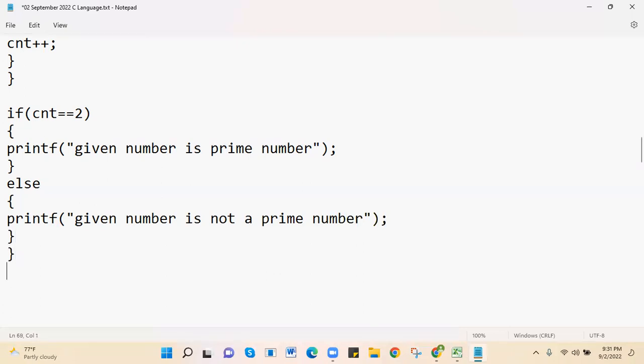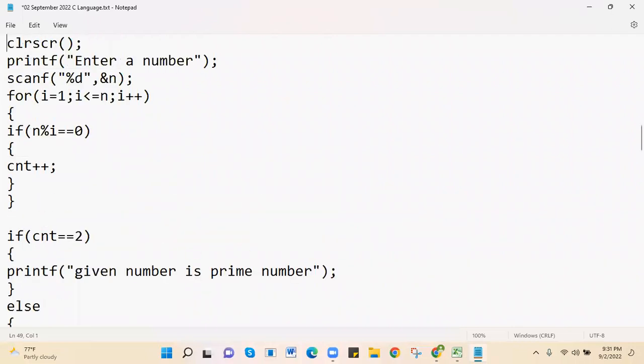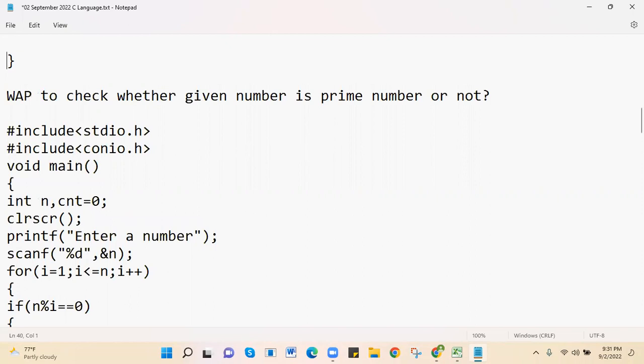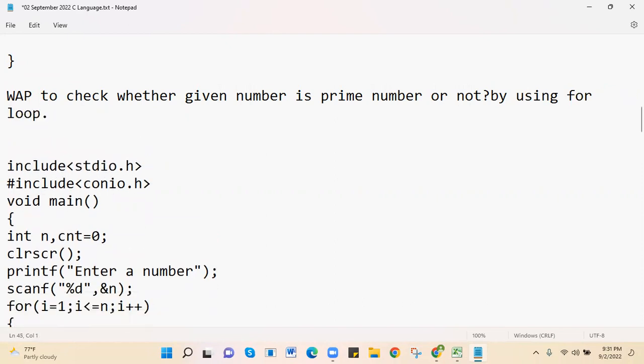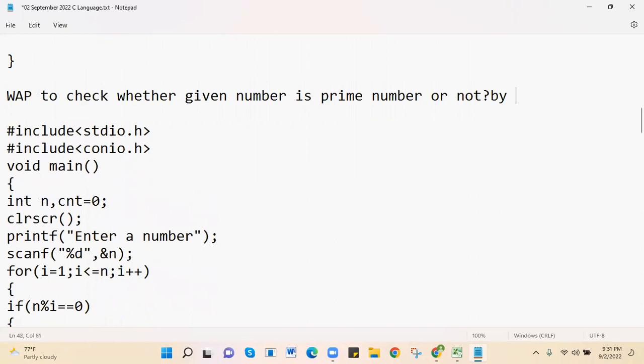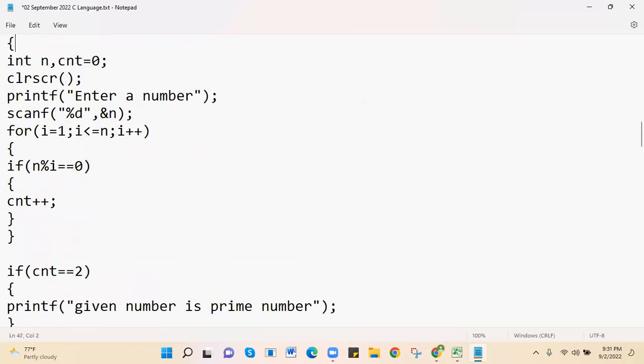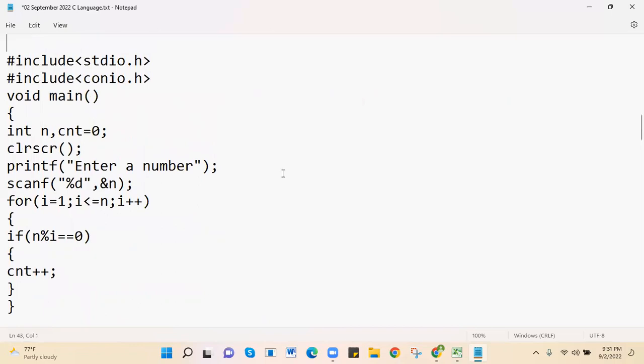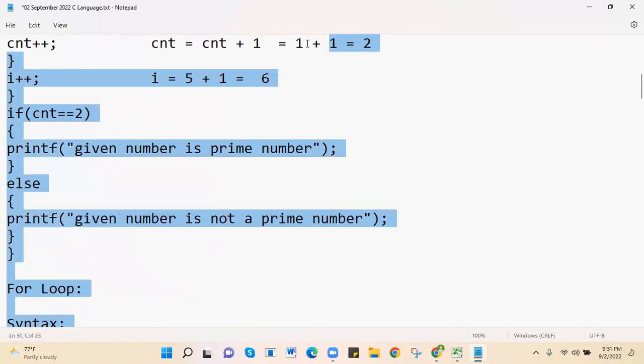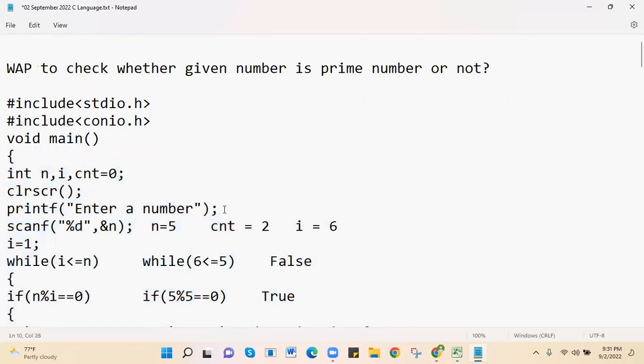Close the bracket. So this is about finding out whether the given number is prime number or not by using for loop. This is about prime number by using for loop. For example, if I give n value,